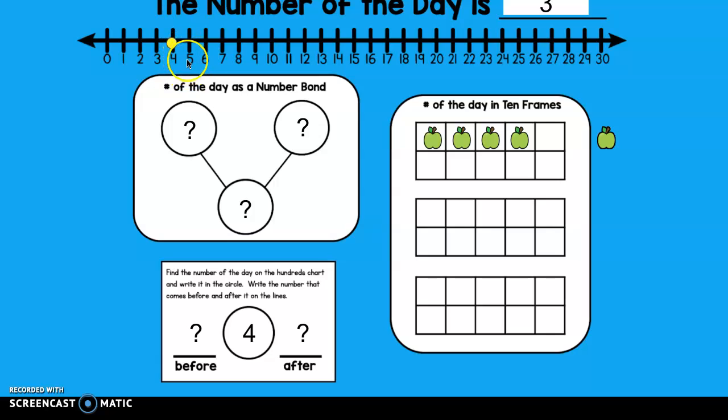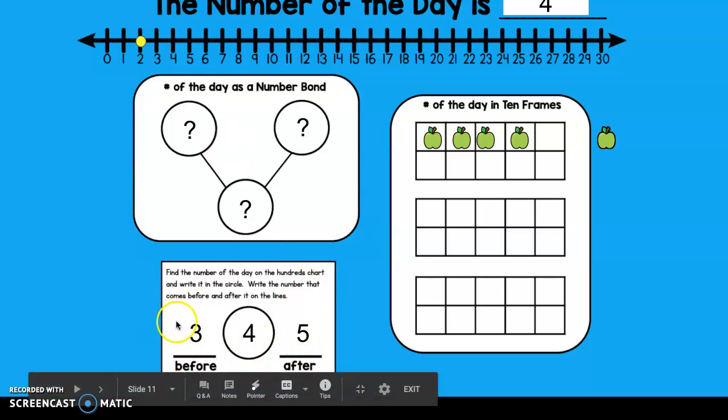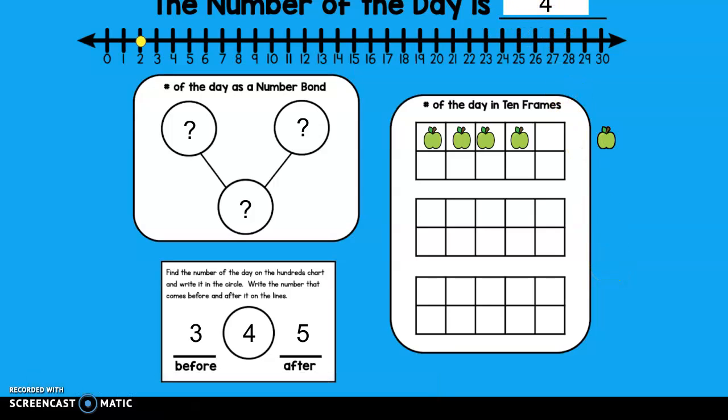What number comes after the number 4? We've been talking about numbers, right? So what number is this? And if you're not sure, we can count. Remember, we start at 0, 1, 2, 3, 4, 5. So the number 5 comes after the number 4. So we have 3 that comes in front of or before the number 4. The number 5 comes after. Good job. That is our number of the day. What is the number of the day? The number 4.